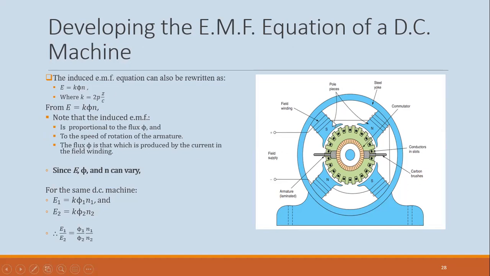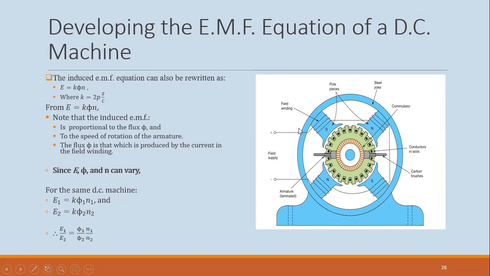And remember that the flux is produced by the current flowing in the field winding. So the current flowing in here is what produces the flux. Right? So flux is going to be proportional to the field winding current. All right. Now for a particular machine, since E and phi and N can vary, so induced EMF can change,